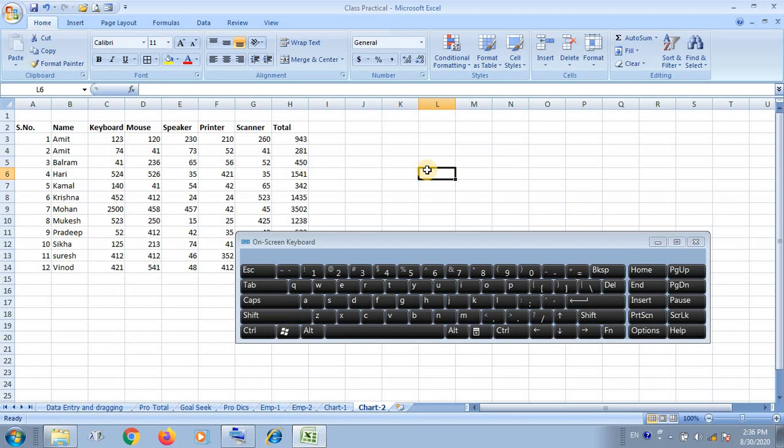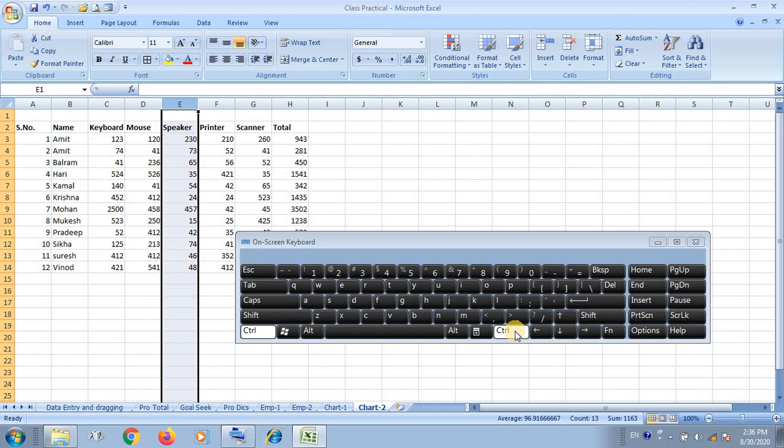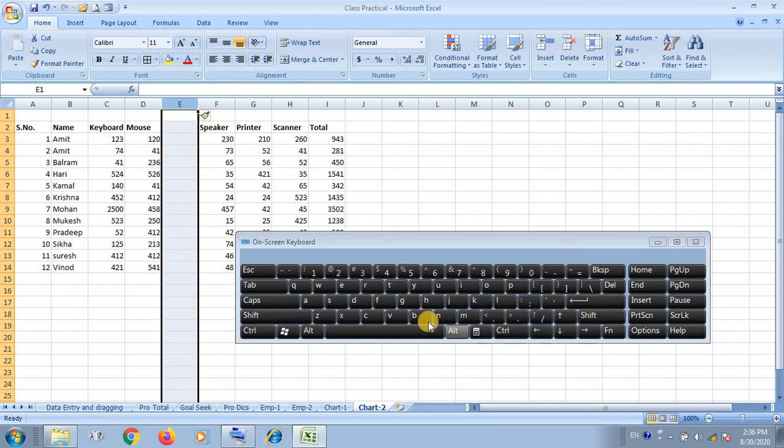If you want to insert a column, then click here, place the pointer on the particular column, and then press the control key and shift key, and then click on the plus button, then it will insert the column. As you are looking here, one column inserted.